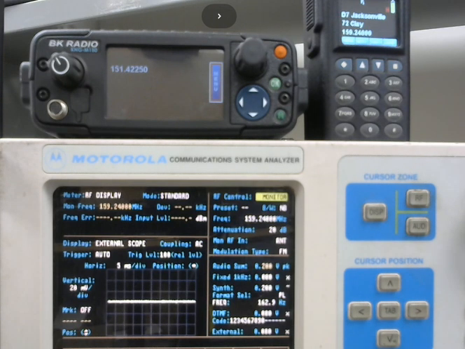Okay guys, today's video is going to be on the BK KNG M150 and some real useful little tech tools that they have built into it that are really helpful, and I just wanted to go over them and demonstrate how they work. To start off with, I want to talk about the display